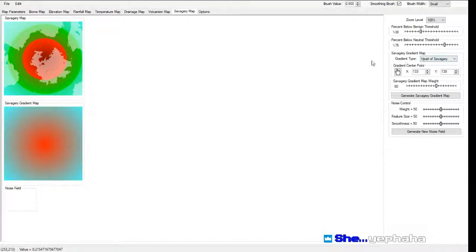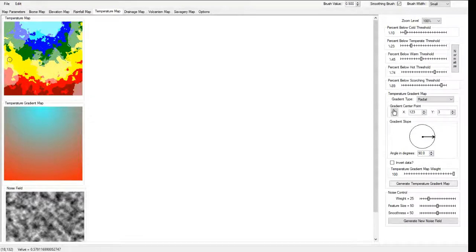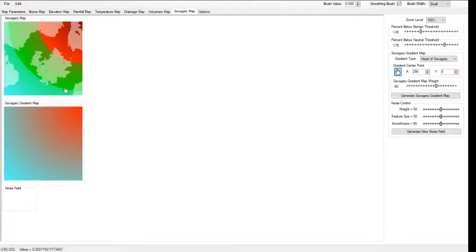And with the way I do it, because I like playing in warmer environments, especially hot and scorching are particularly fun for me. I tend to put it down towards where the hotter part of the temperature map is. So if I go back to the temperature map, you can see this is the warm and the hot and the scorching bands. I'm probably going to, just for this example at least, put the savagery map down right about there. And this is before I obviously